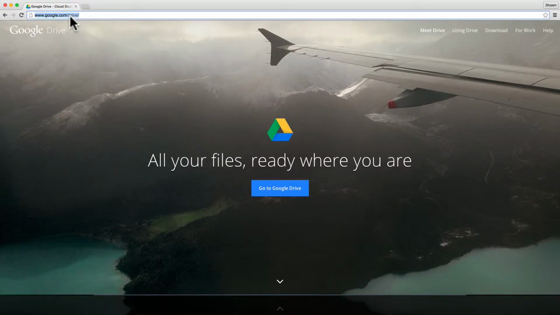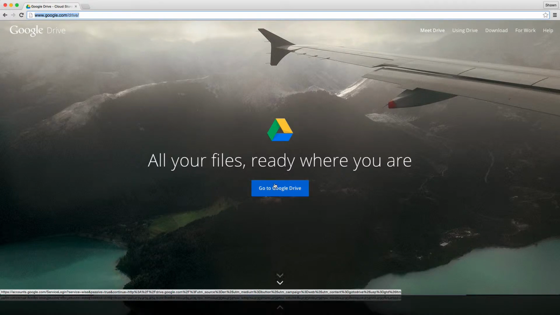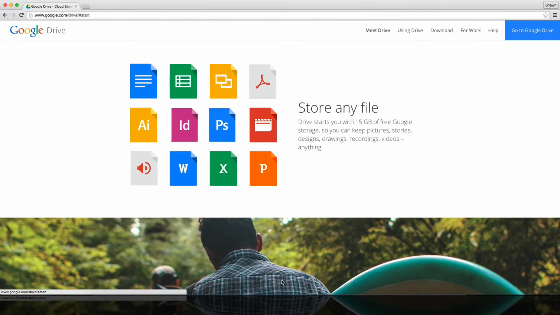You can do this if you've never been a part of Google Drive by going to www.google.com/drive, and you'll be introduced with this nice little screen. You can read about Google Drive by clicking here on the down arrow. You start out with 15 gigabytes of free Google space, which is pretty much enough to share and store anything on an informal basis. If you want to start doing some power using and collaboration, you should upgrade when you get the chance. So we'll click on Go to Google Drive,